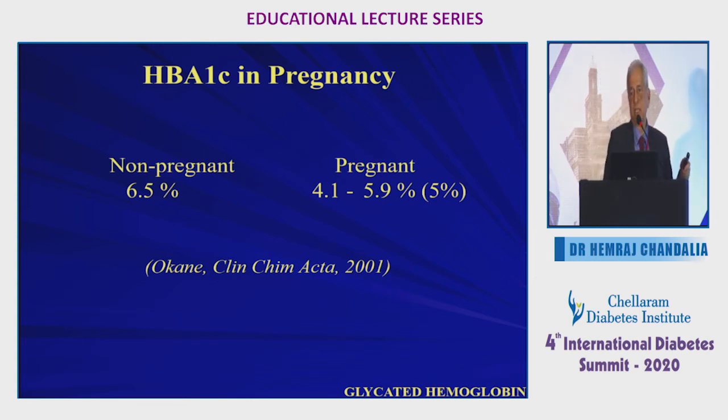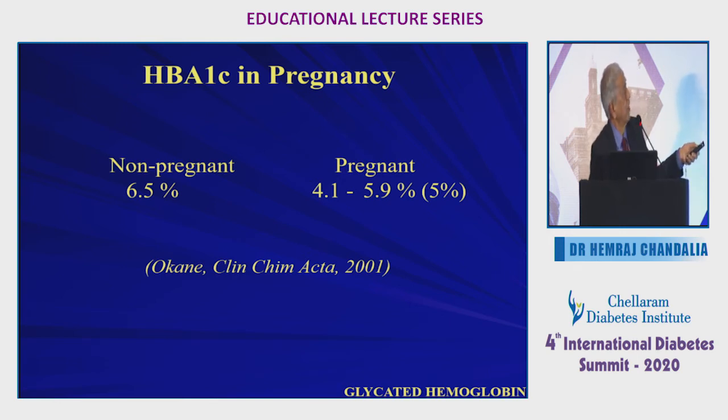Don't be surprised when you're treating a pregnant diabetic, with whatever simple treatments you use, sometimes maybe even metformin, which is permitted, though not ideal, or insulin, whatever you use, the fasting glucose can be 60. But the patient will not complain much of hypoglycemia. Somehow, the threshold for perception of hypoglycemia and triggering of counter-regulatory responses is lowered in pregnancy. And therefore, because really the normal non-diabetic pregnant women often have a fasting blood glucose of 60, 65.